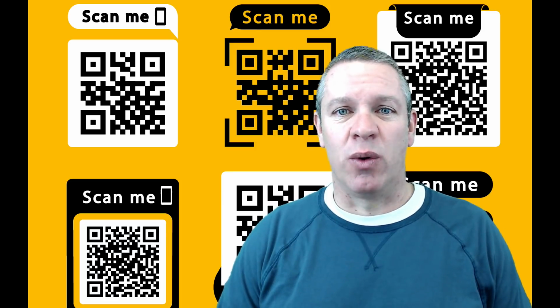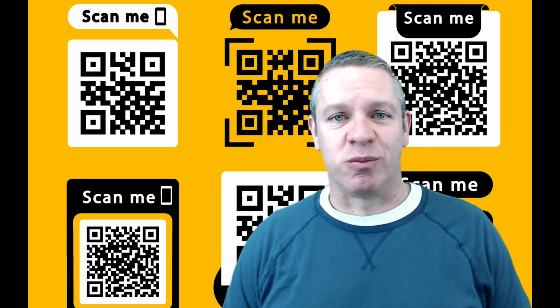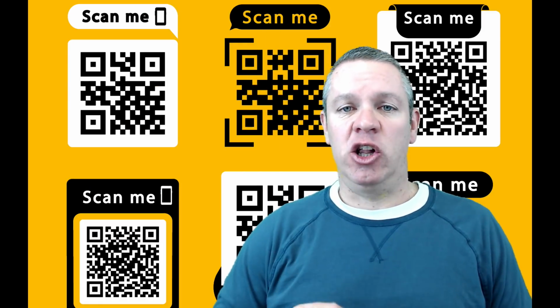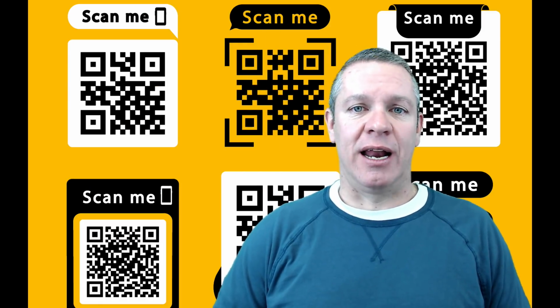So if you haven't yet implemented a QR code for your menu because maybe you just weren't quite sure what it was, or maybe you've just been lazier than a koala bear on Quaaludes, whatever that is, I'm going to show you how to do it right now, including how to create a menu online and download it as a PDF. If this is something you don't already have, this is what your customers are going to see on their